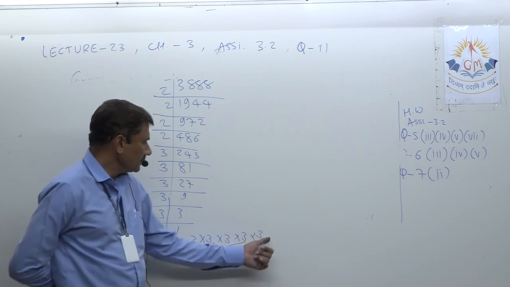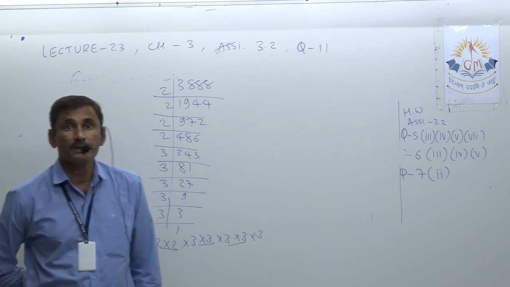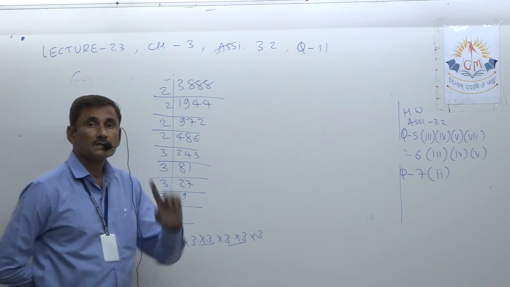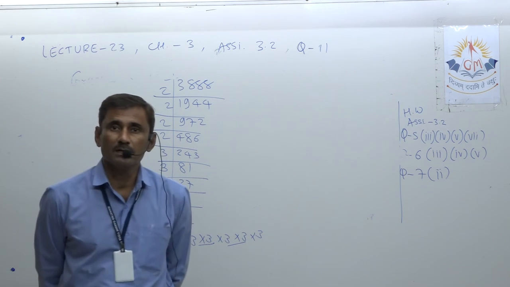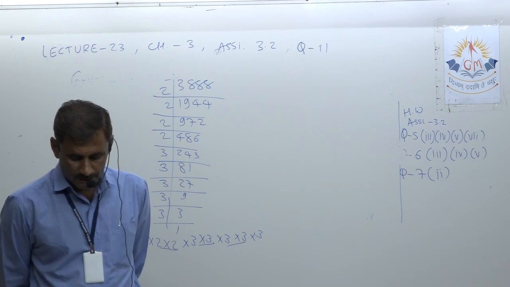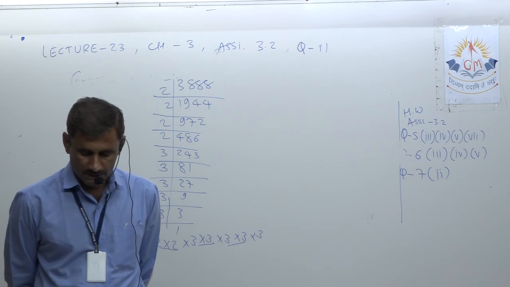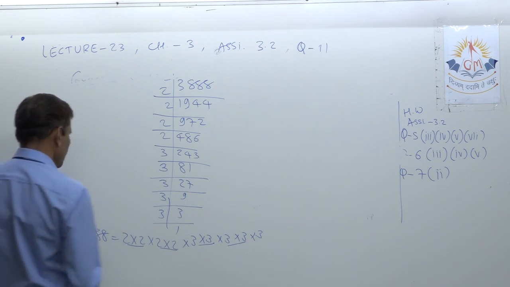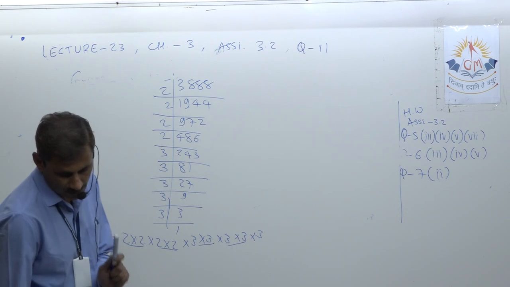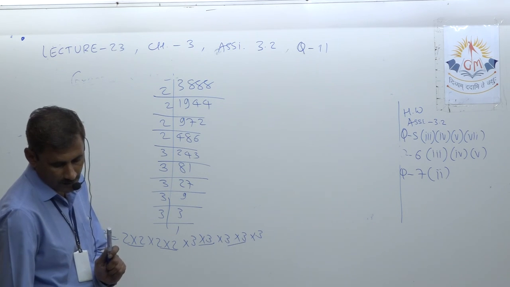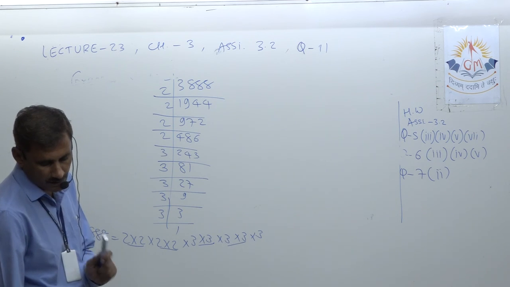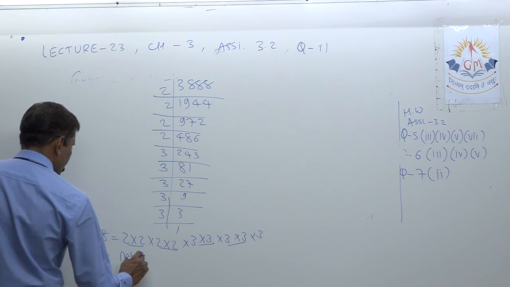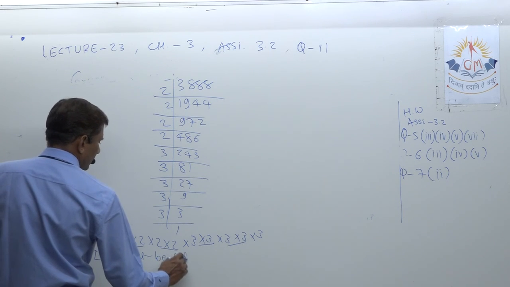If you make a pair of 3, then one 3 is required. So we should multiply the given number by 3 so that all numbers will be in pairs so that it will become a perfect square number. Okay. So now you just understand what is missing, what we want. So it is only 3. According to their statement, they are telling by which number it must be multiplied. So look, it must be multiplied by 3.